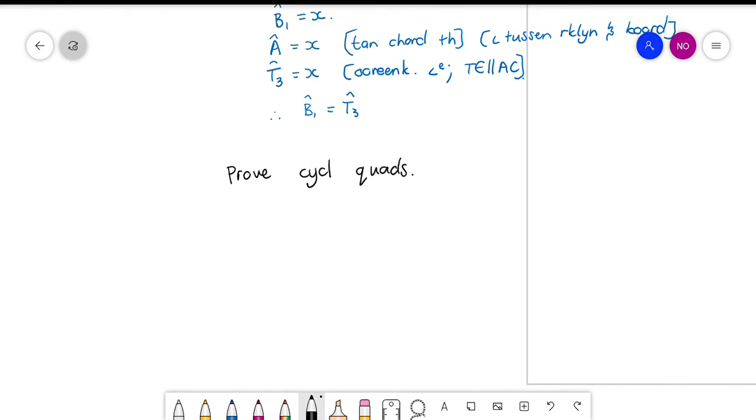Okay. Ek het dit al genoem in die verbygang. So daar's 3 verskillende maniere om te bewys dat iets 'n koorde vierhoek is. Die een is